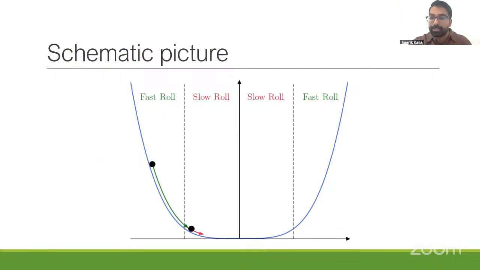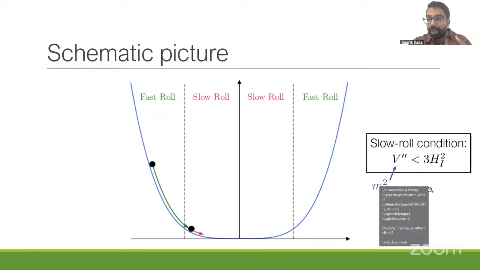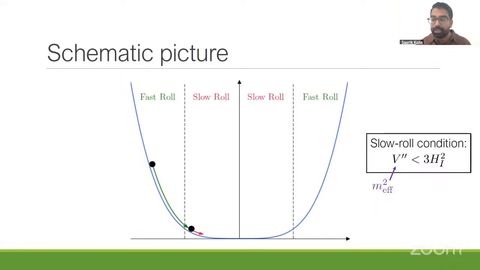Okay, so now what is this slow roll condition that I've been talking about? It turns out, as we'll see in a bit, the slow roll condition is that the second derivative of the potential should be less than Hubble squared. Of course, the second derivative of the potential is basically like an effective mass for the field. And so the upshot of all of this is that the dynamics naturally give you a scenario where the effective mass of the field is right around Hubble. It's very close to Hubble. And remember, that's precisely the condition we needed in order to get a blue tilt. So this is a basic explanation of why you generically expect a blue tilt if you have some non-trivial potential.